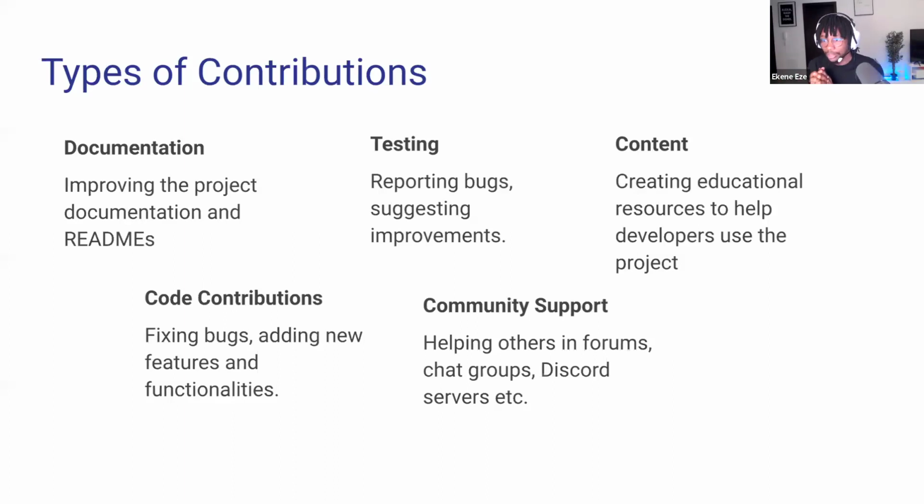Another one is testing. Now, this is where I shine as a person. This is where I like to do my own contributions when I'm thinking of open source. Actually, this is where I did my first open source contribution: reporting bugs and suggesting improvements. Usually, if you tell me to go and contribute to, I don't know, Vertex AI because it's open source, or to Ethereum, I wouldn't be comfortable just diving into the code and messing around with things to send a PR. I would most likely start with reading through the existing documentation. That's the step I follow.